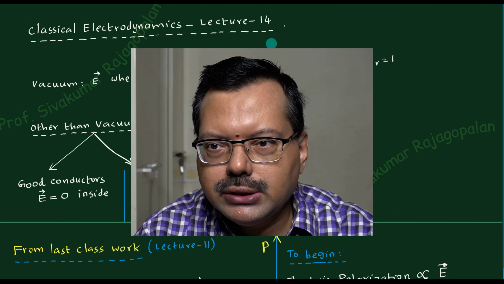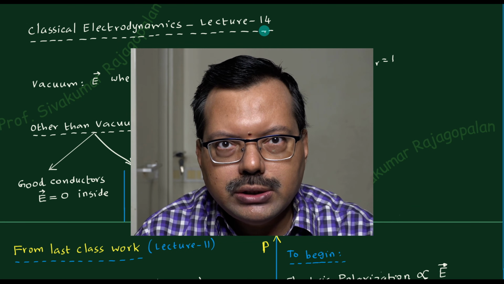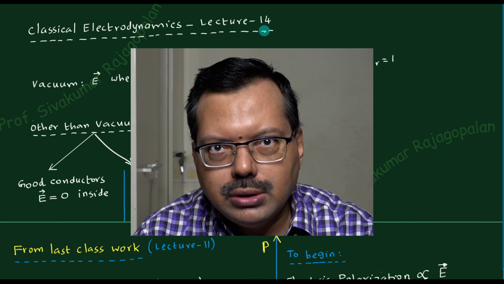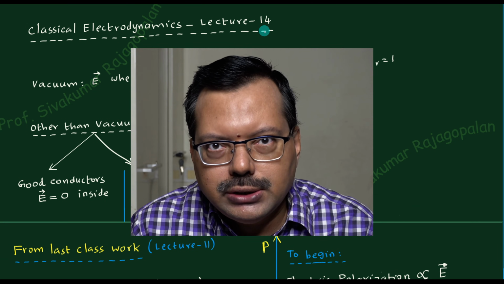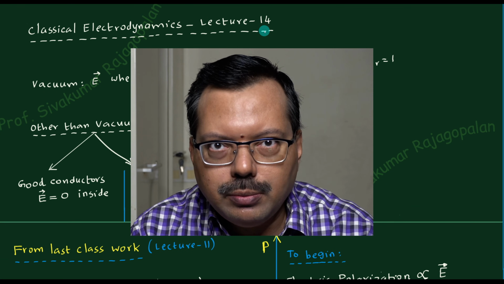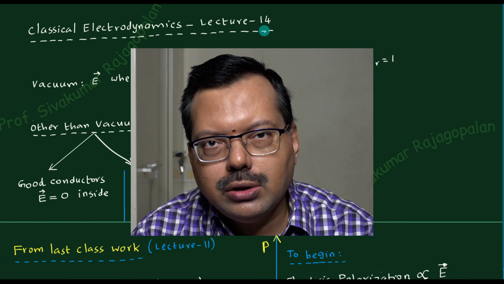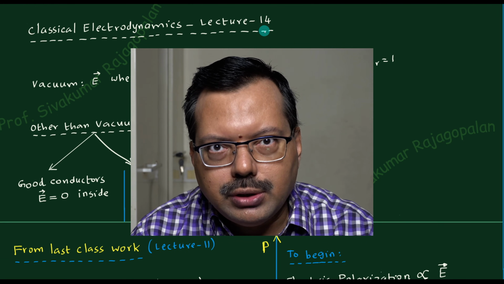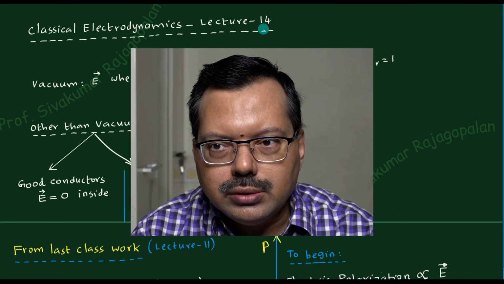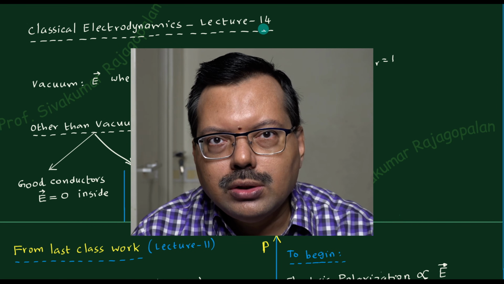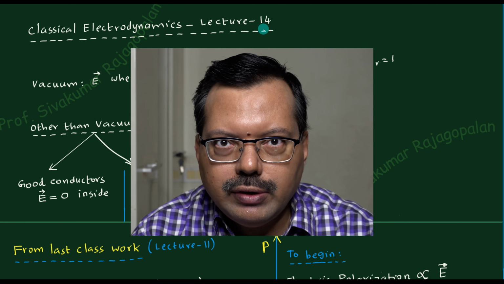Today we have lecture number 14. That means today's class will be a continuation of lecture number 11, because especially in the last two classes, we started to solve a boundary value problem for electrostatic potential on a conductor. Because it was a problem solving session, it is not a continuation of the theory. So in the last class, you have to consider lecture number 11.